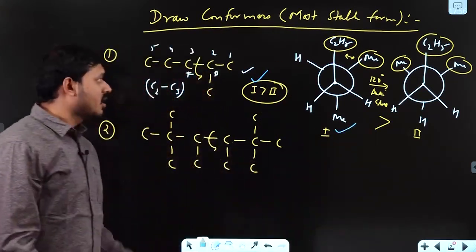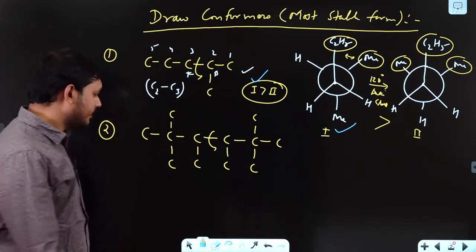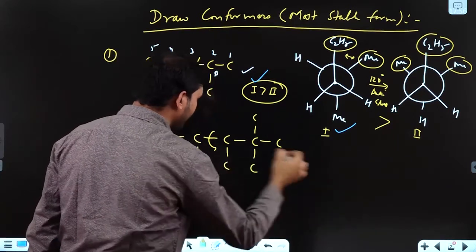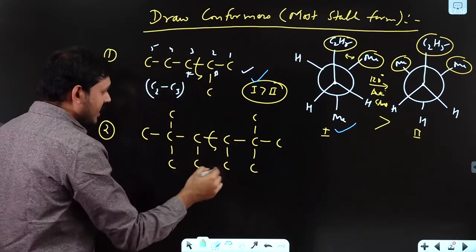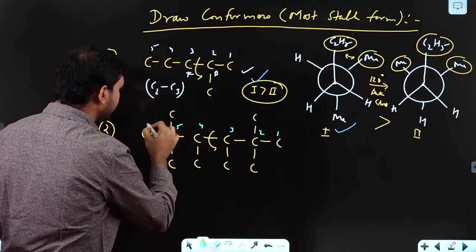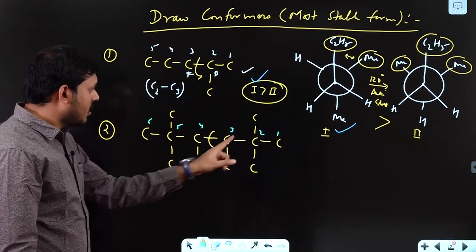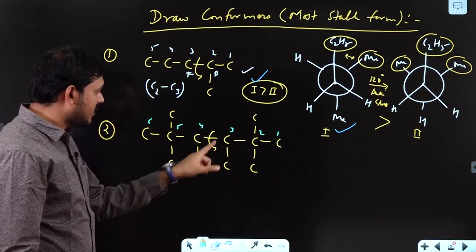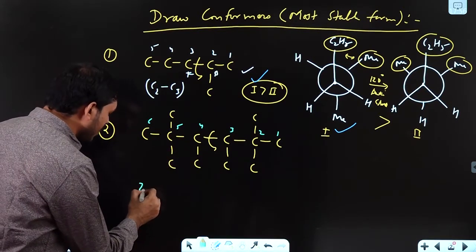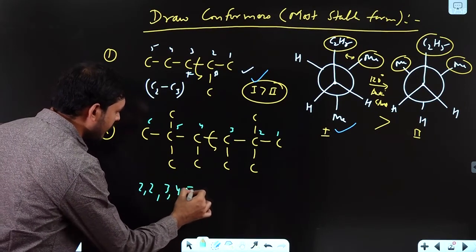This is your answer, the most stable conformer of 2-methylpentane. Clear? Now come to the second one, this one. Here you can see, if I make numbering 1, 2, 3, 4, 5, 6, it is a 6 carbon chain, with 2 methyls on C2, 1 methyl on C3, 1 methyl on C4, and 2 methyls on C5. So you actually have 2, 2, 3, 4, 5,